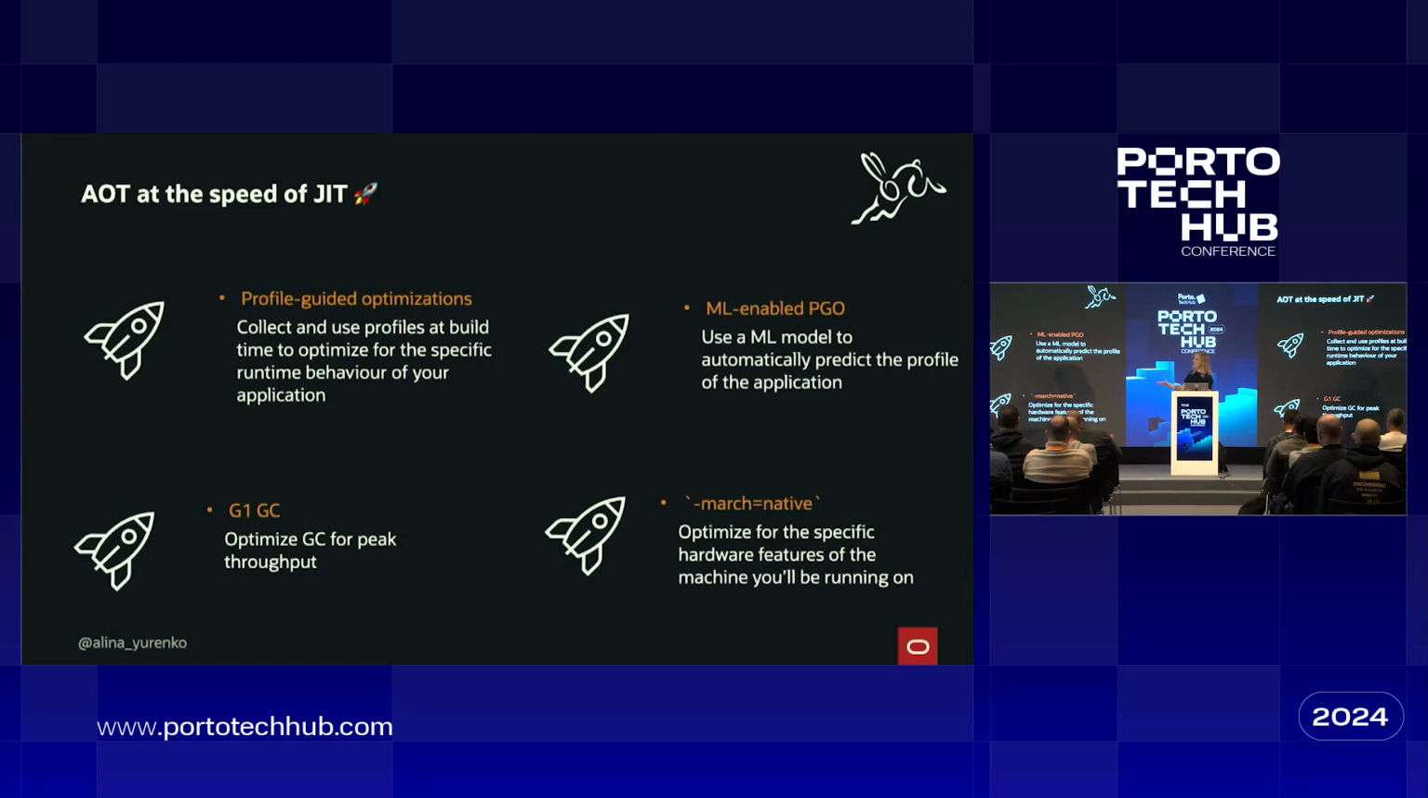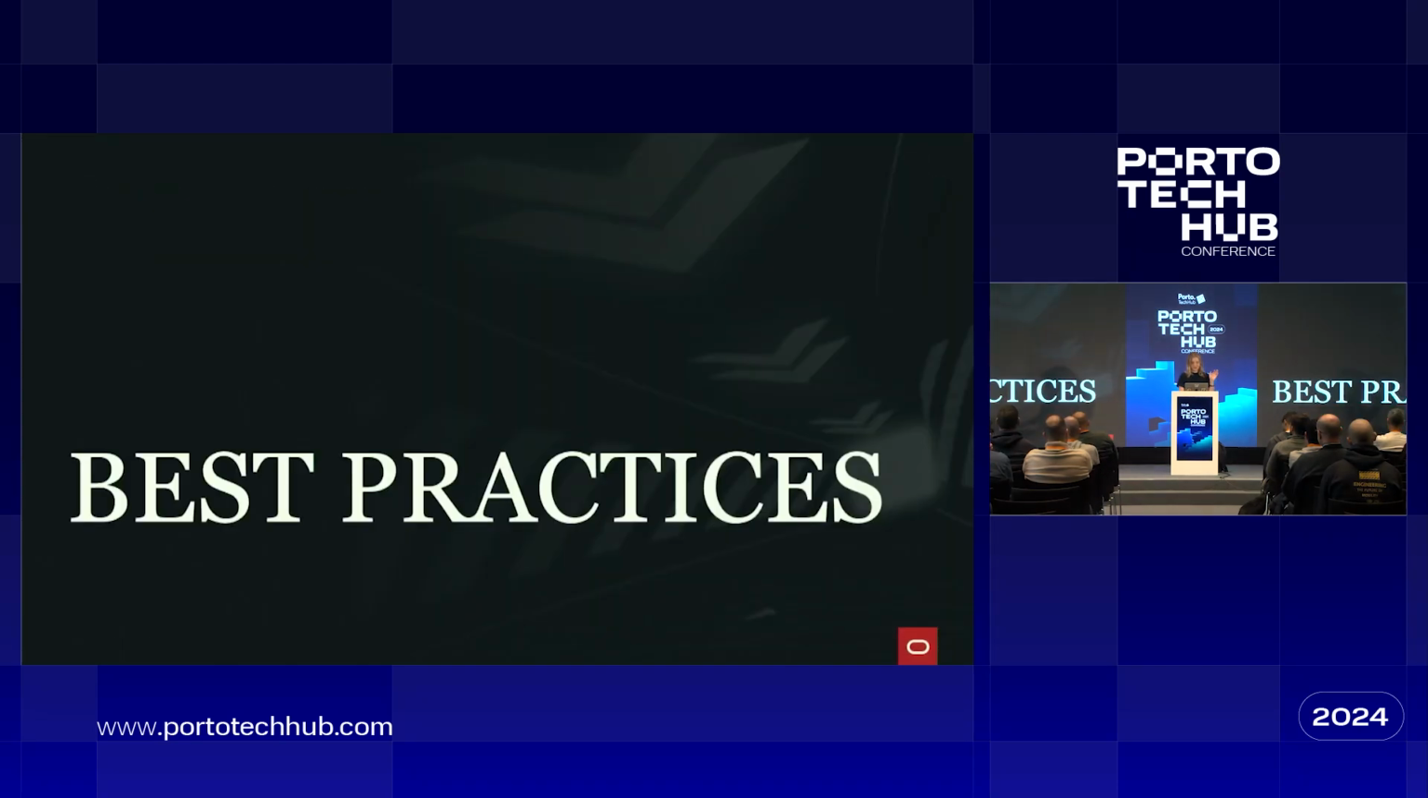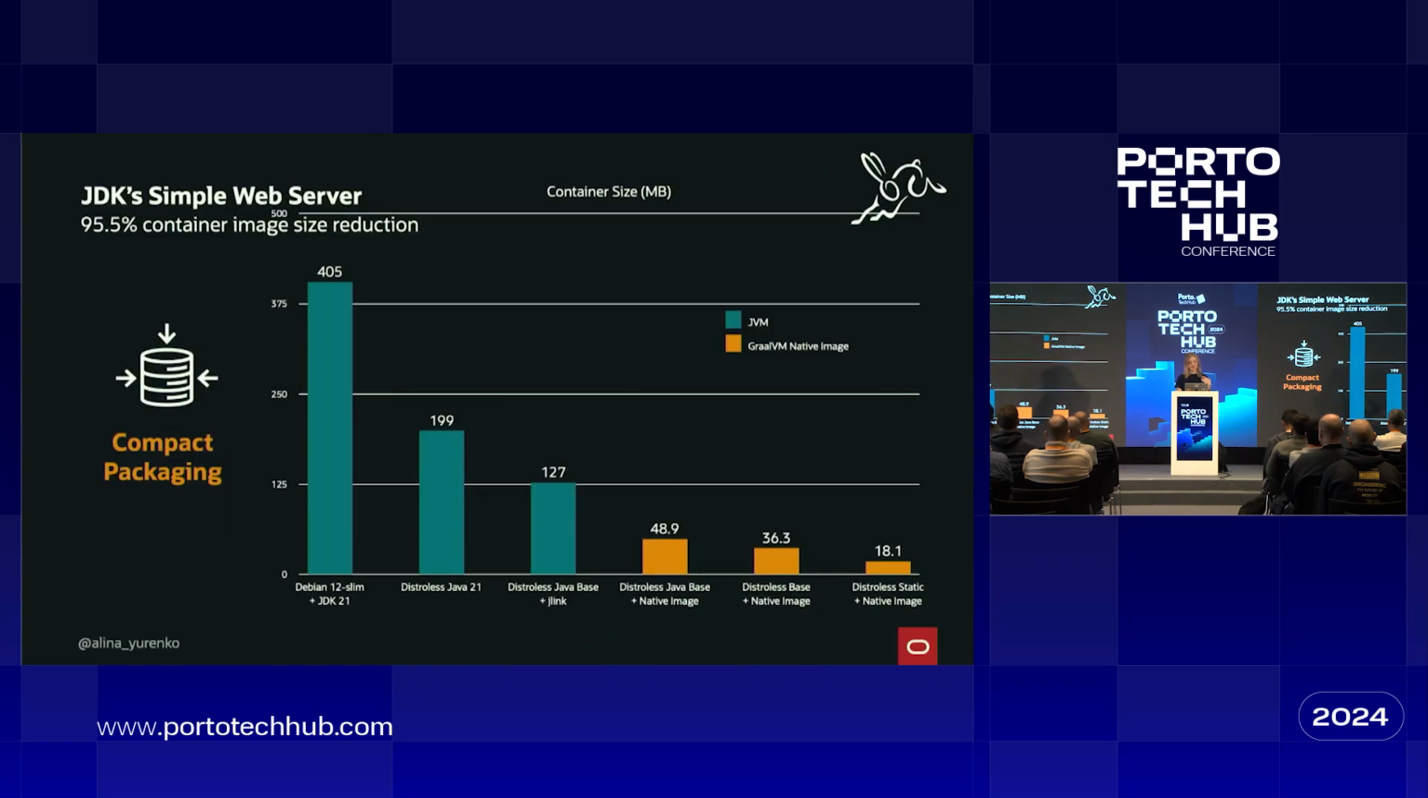So all those things together will give you performance at least on par with the JVM. Now, this is my backup. Now, best practices. If you want to move your application to native image, what are the things you want to do? I mentioned compact packaging, and especially I think this could be interesting for you if you want to do